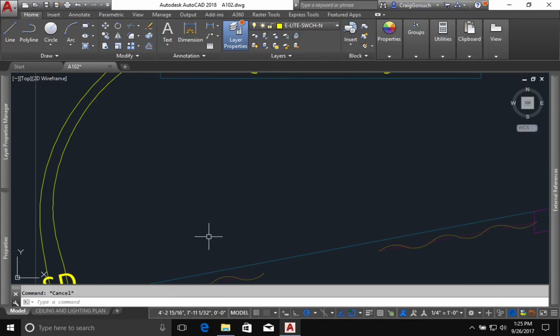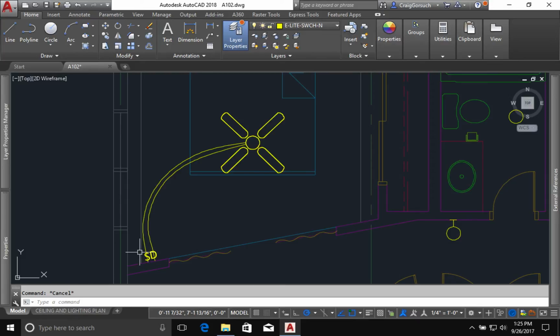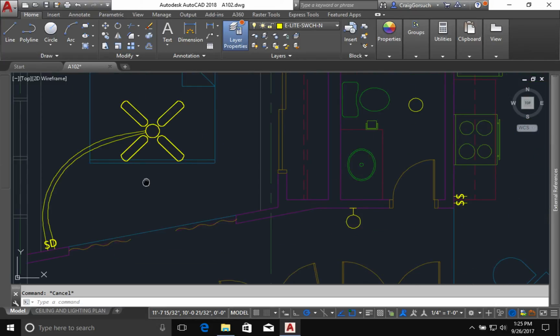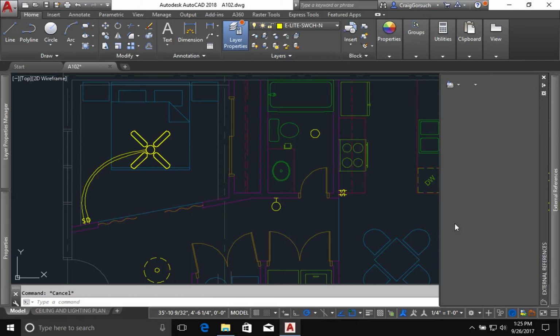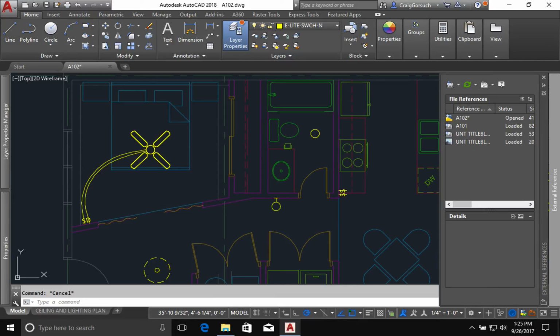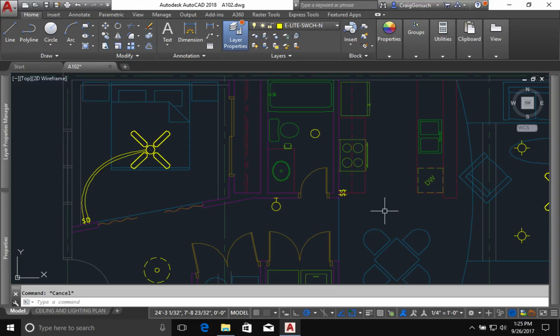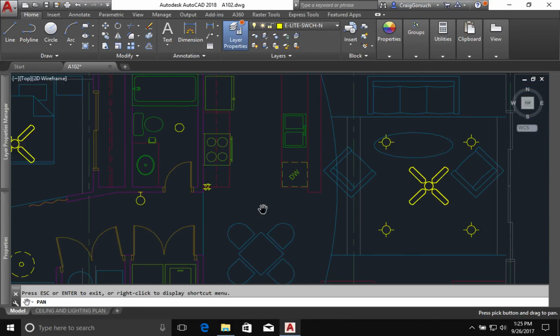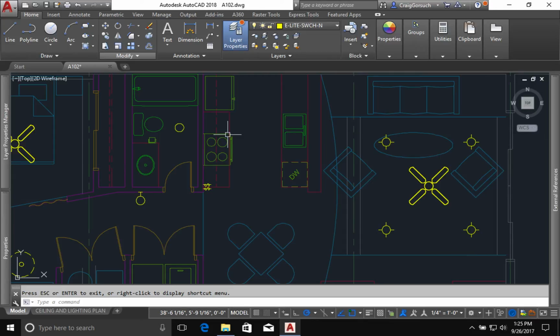So there we go. That's placing, so you've got a switch to control the light and a dimmer switch to control the fan. Now I'm going to come over here, because this is one of the few places where we have multiple fixtures. And it sure feels like my pan is not working. There we go. Now, if I'm going to do a switch, one switch that controls all 4 of these lights,